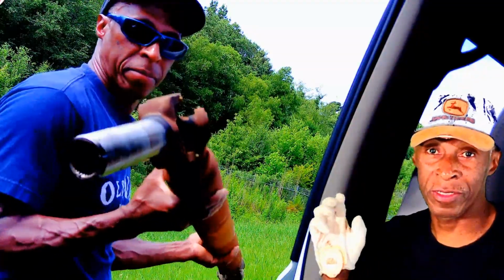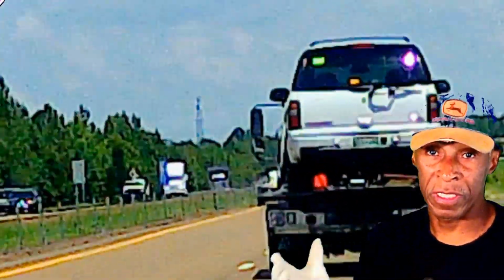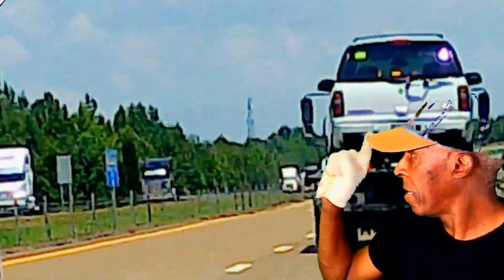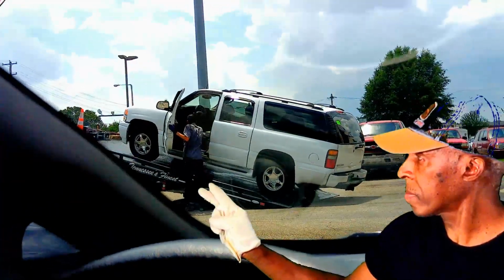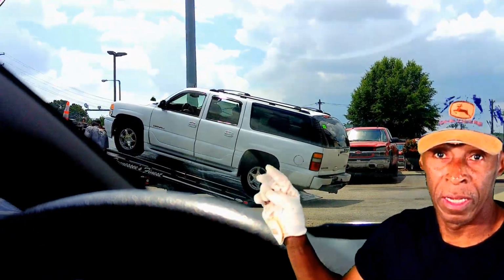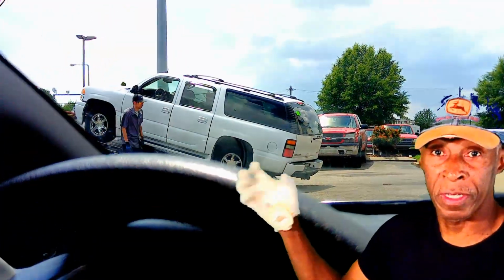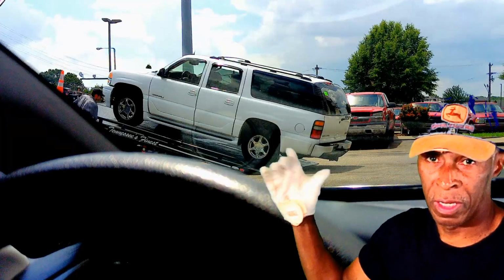And I'm trying to make decisions fast enough to save money or to keep from being in a jam. I knew I had to get off this highway. I knew I was going to need a tow truck. Even when the tow truck got this vehicle to the transmission shop, it would not back off of the tow truck ramp. The gears had jammed. So wherever he dropped this, that's where it stayed until they were able to dolly it